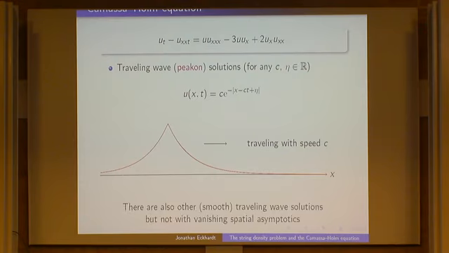And I should also mention that there are other traveling wave solutions. For example, you can have periodic traveling wave solutions, or traveling wave solutions that do not decay to zero at infinity, and those will be smooth. Only if you have these traveling wave solutions with vanishing asymptotics, then you will end up with these peak solutions, weak solutions. And those solutions act like solitons, which means that if you superpose them, they will interact in a non-linear way, but retain their shape.